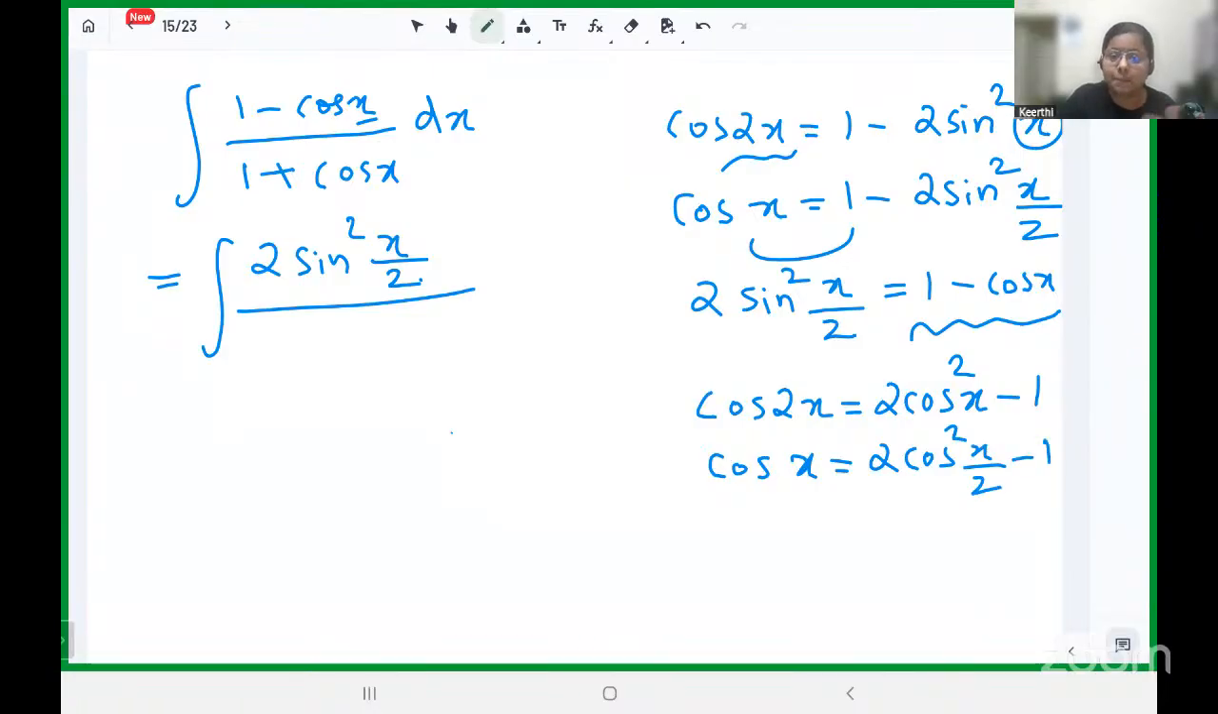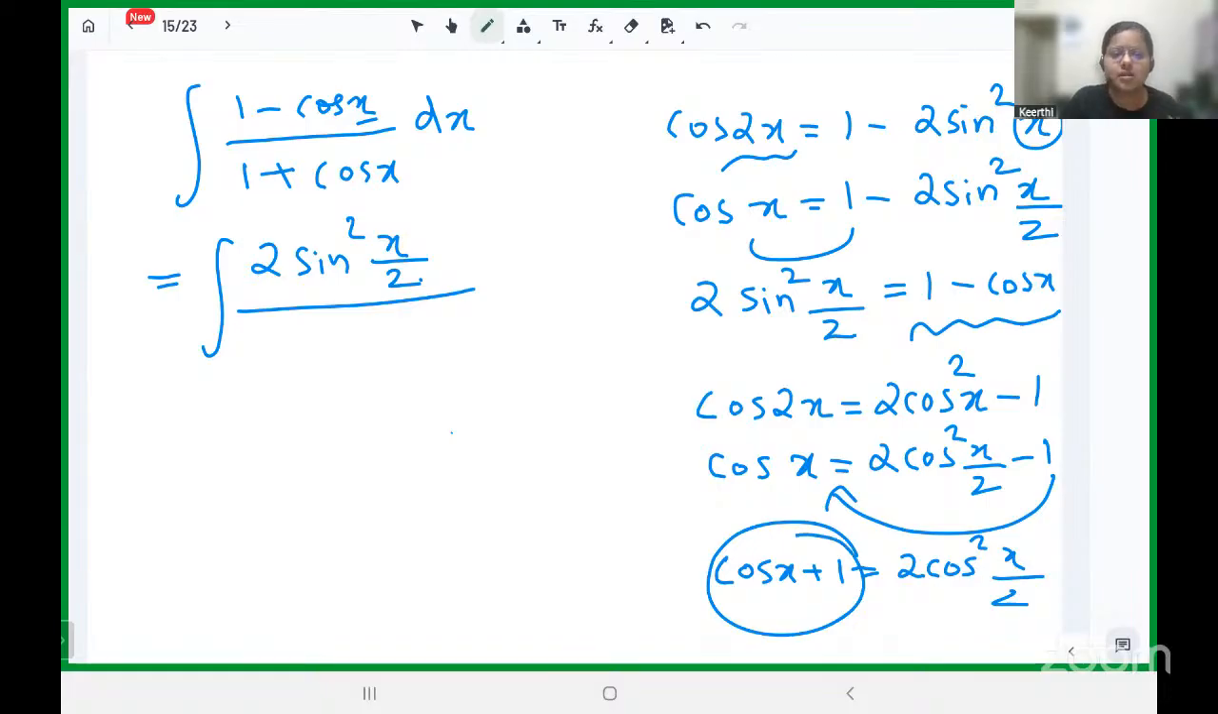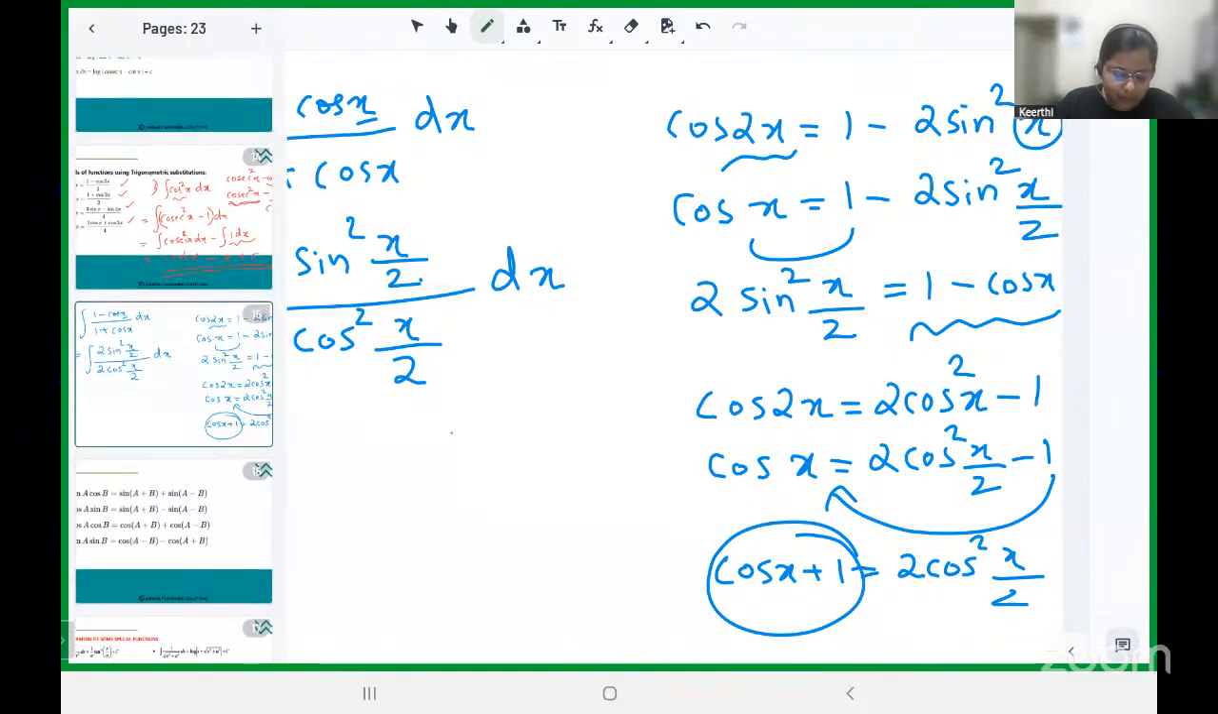And we need 1 plus cos x. So you take this minus 1 to this side. So this becomes cos x plus 1 is equal to 2 cos square x by 2. So what is 1 plus cos x? 1 plus cos x is nothing but 2 cos square x by 2. So in the place of 1 plus cos x, I am going to replace it with 2 cos square x by 2 dx. Alright. If this procedure is finding difficult for you, you do one thing, that you study these